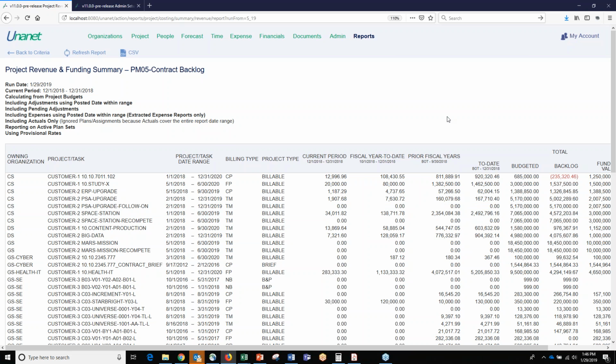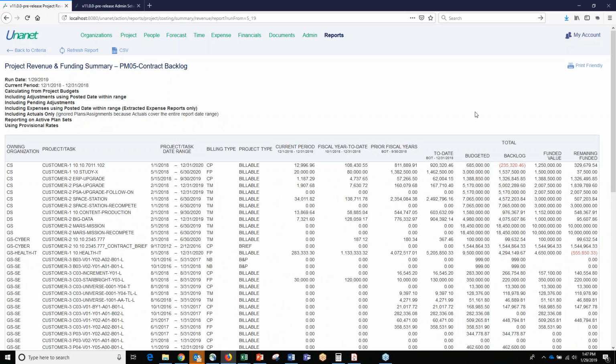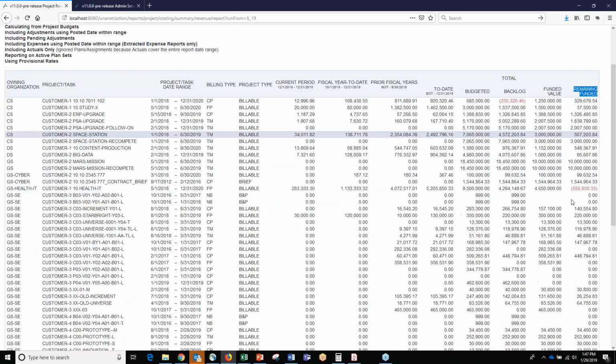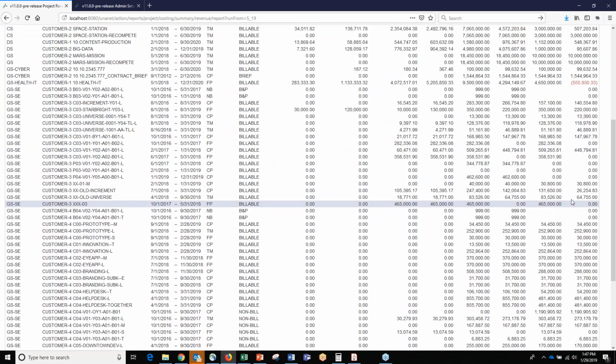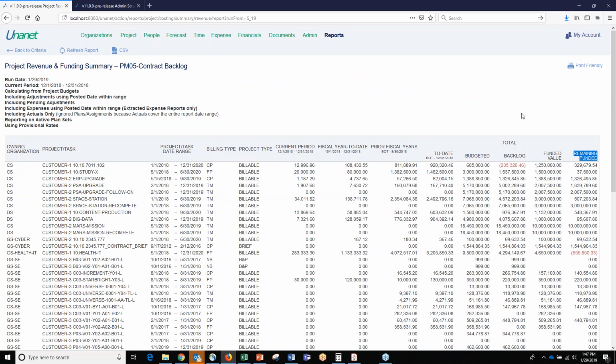We talked about having a budget and then also a funded value, because you may be funded incrementally. So this is the budget, and then the backlog is budget less actuals, but then you have funded value and remaining funded, so you can see if you're working at risk or how you're progressing against the budget here in a burn rate type format. And this is basically showing you dollars. The other report I was showing you was hours, but you can obviously run this data on hours or dollars.